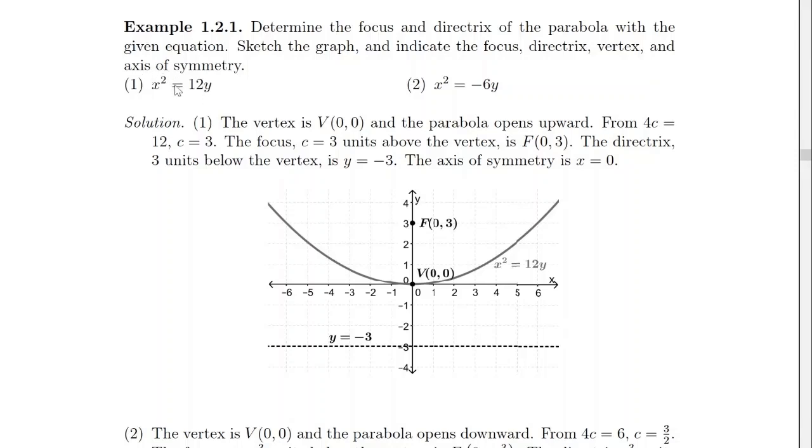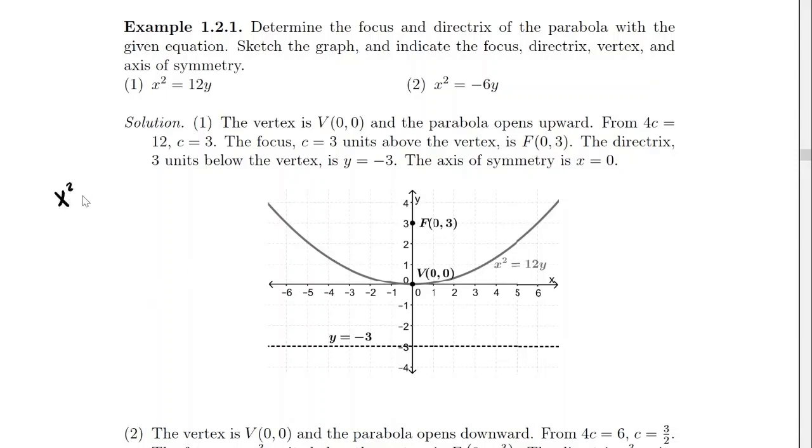Since we all know that if x is squared, we have a parabola that either opens upward or opens downward. Since this is positive, that means the parabola opens upward. Since it is a simple equation, the vertex is at (0, 0), or at the origin, and the parabola opens upward. So from the formula,